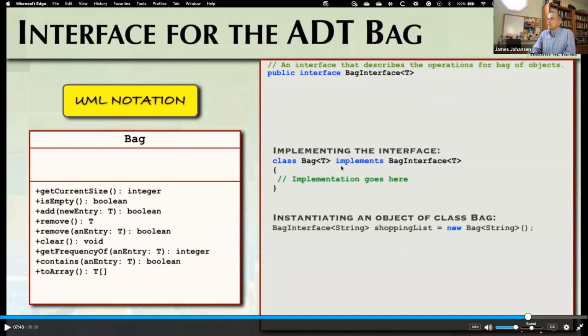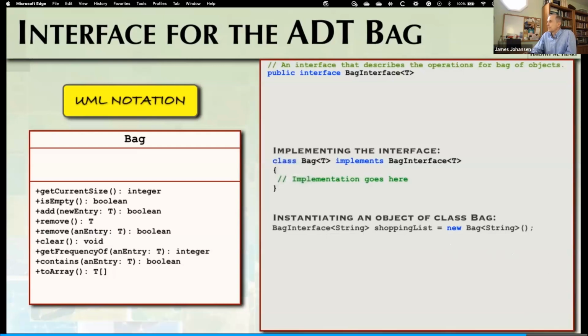So maybe this is the first time you've seen this kind of construct where you implement something. And so we're foreseeing the way that we're writing our code that it has to be using certain methods. Then when you start to make real objects, this is where you have to do that declaration, and we'll see how that works. We're storing string objects in our bag.